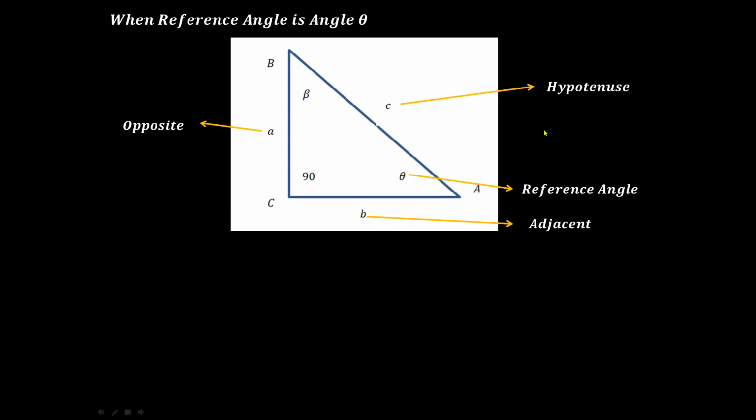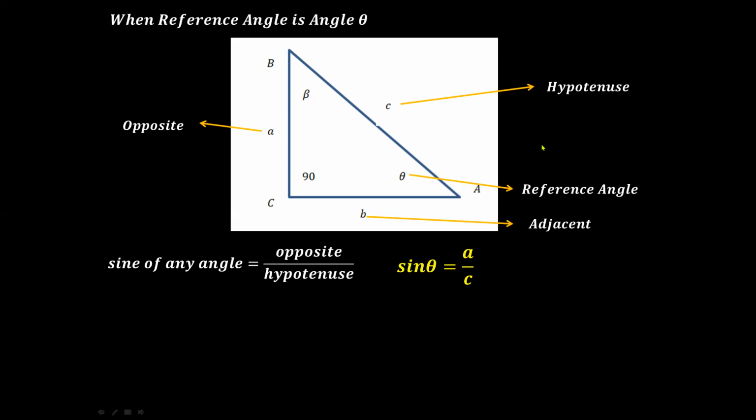Now, dahil may pangalan na at may function na ang bawat sides ng ating given right triangle, at meron na tayong reference angle which is angle theta, we can now define its functions. The sine of any angle is equal to opposite over hypotenuse. Ang ibig sabihin niyan, the sine of theta is equal to A over C dahil ang A is opposite at ang C is hypotenuse. Kung hinahanap naman natin ang value ng cosecant theta, dahil ang reference angle natin is theta,